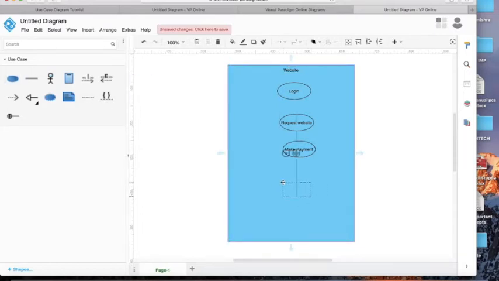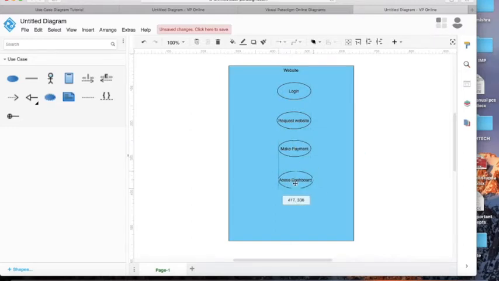Let's suppose we take another use case, access the dashboard. So what I have done till now is I have made 4 use cases for my system.